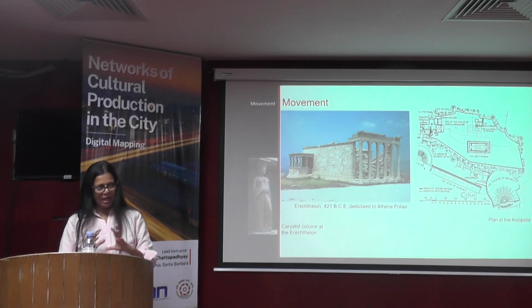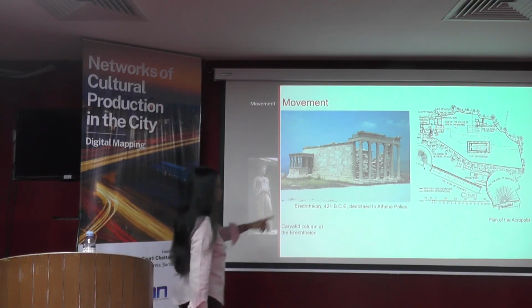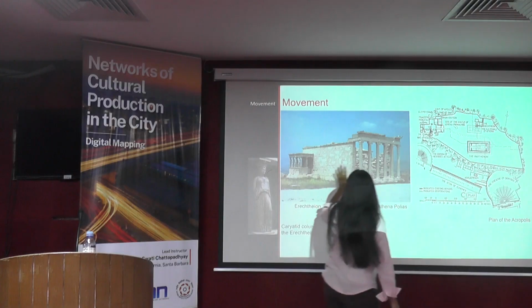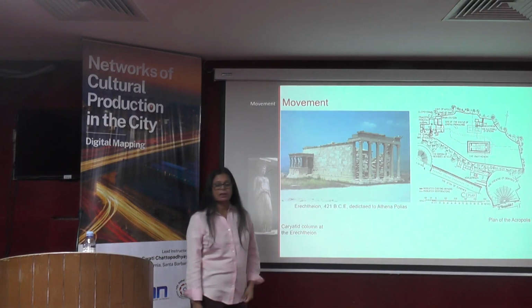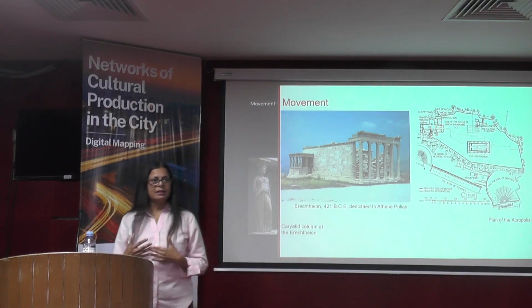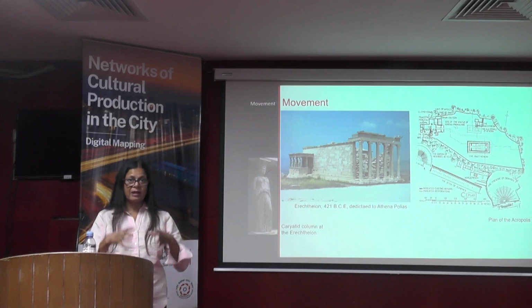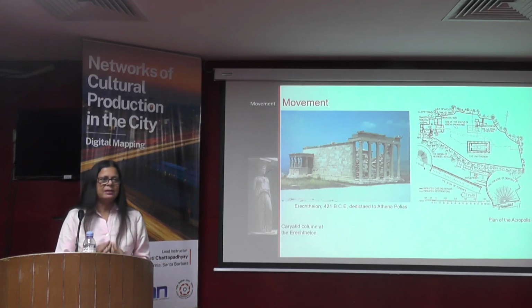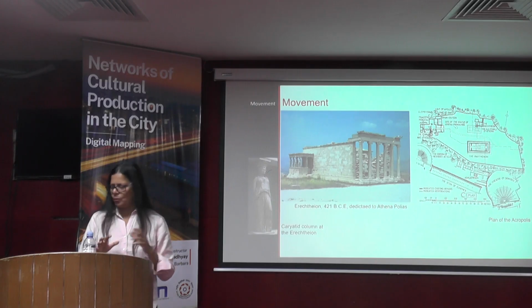So the processional and the attributes of the space continue into the Erechtheion, which is the structure here. The Erechtheion is also known for its caryatid porch. Even here, the caryatids are almost stepping out of the frame. These are the human figures which are acting as columns. So in other words, something about dynamism and movement, and making it almost like a ripple, is very evident in the stonework.